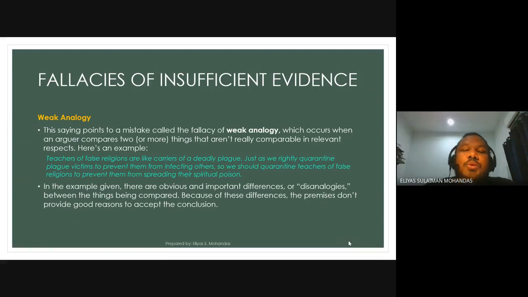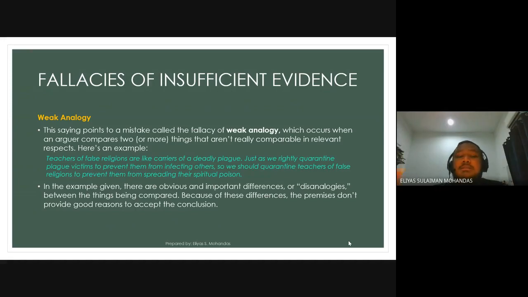Nampak tak? The way you compare teachers to, they are like carriers of a deadly plague. Boleh ke? I don't think so lah. But I'm not saying that analogy is not good. If you use the right analogy, perhaps you simplify that matter, people will understand better. But if you give a wrong analogy, or if it is a weak one, then in my case, I will not accept that argument